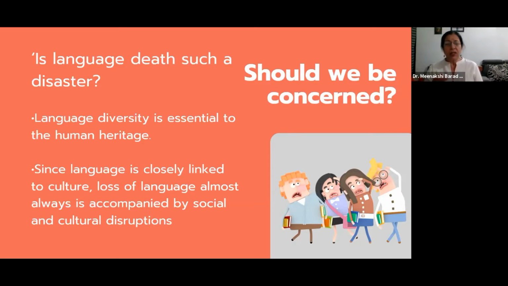Because each language is uniquely rich. Now, take for example a very simple idiom in English: letting the cat out of the bag. It is an idiom which means telling something that is supposed to be a secret. And if you did a word to word translation into any other language, you would not be able to communicate that meaning.